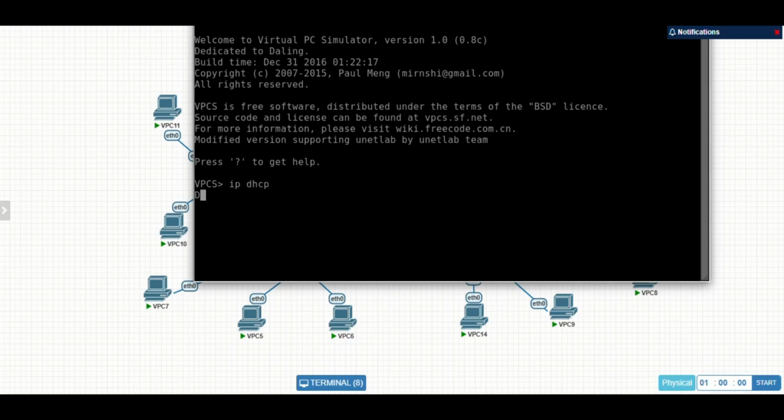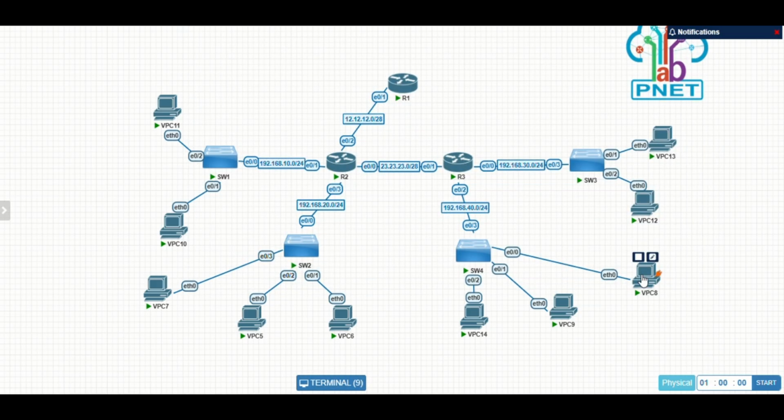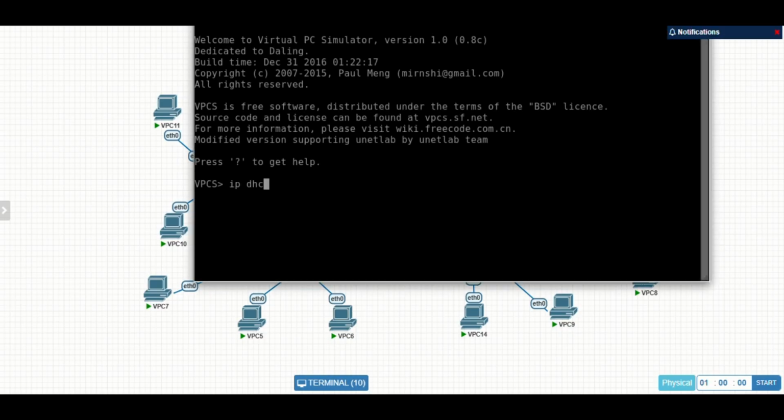So next, area 3. Okay, completed. The second PC. So completed. And the last is the office area.